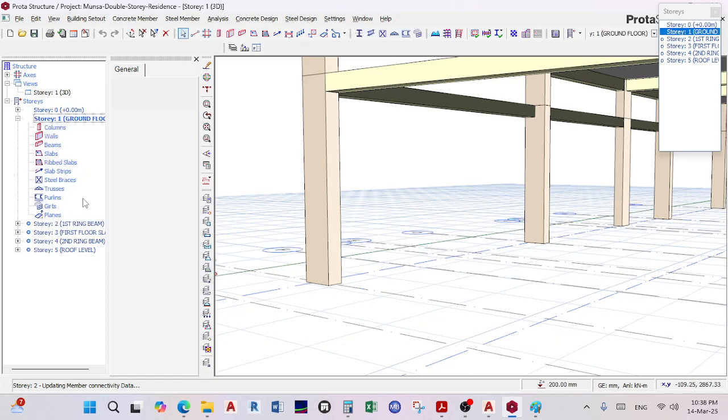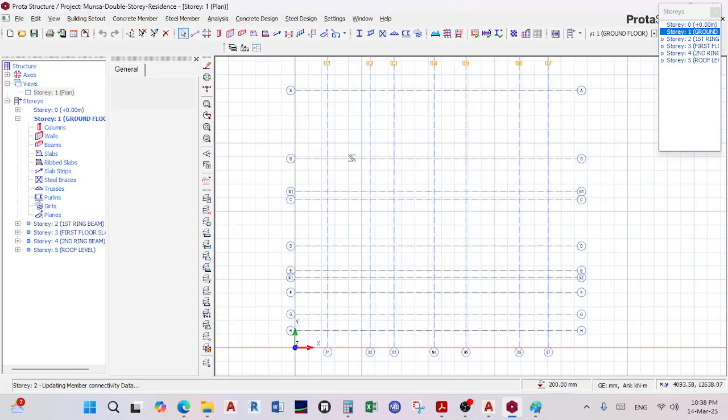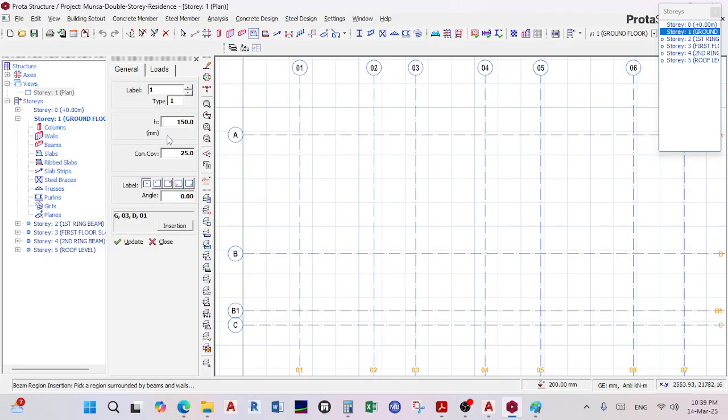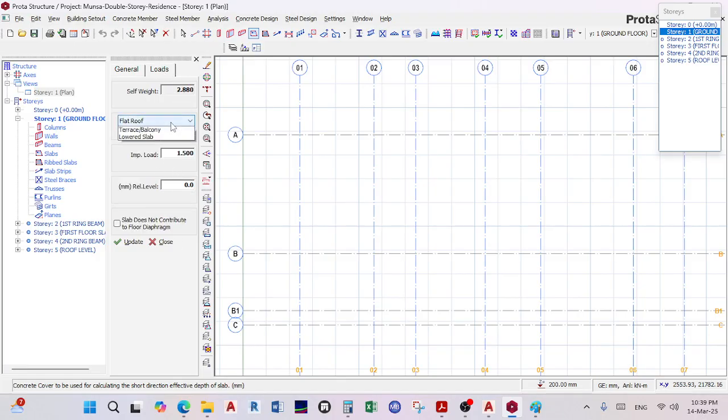Okay. Anyway, let me try to put the stuff here and see what will happen. 120, 30 concrete cover, and then my loading surface, it's a room. Okay,